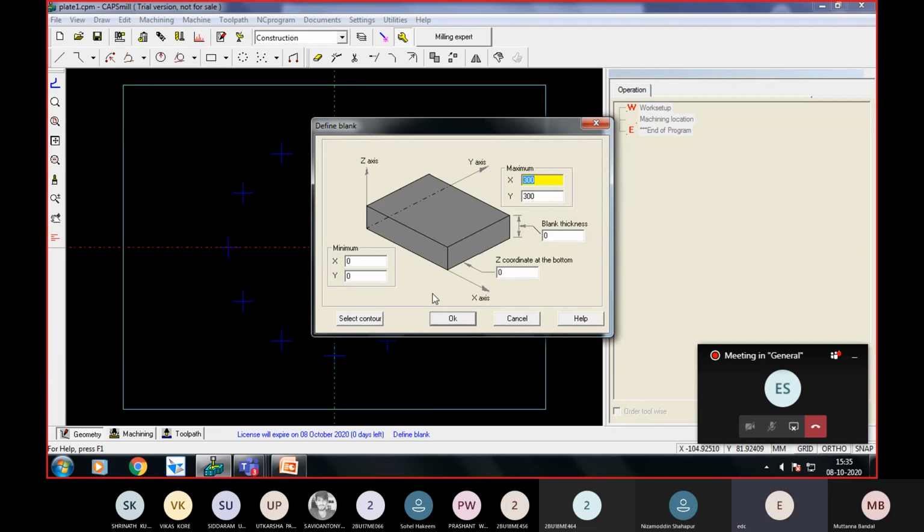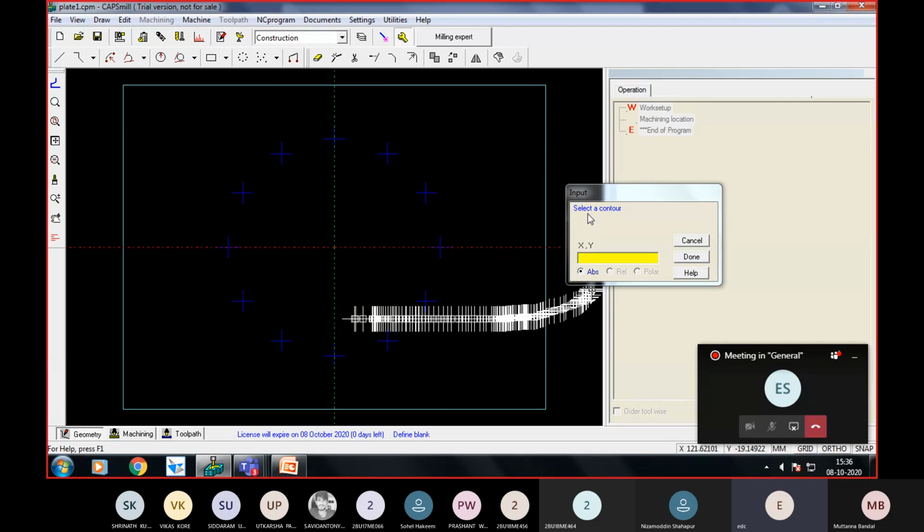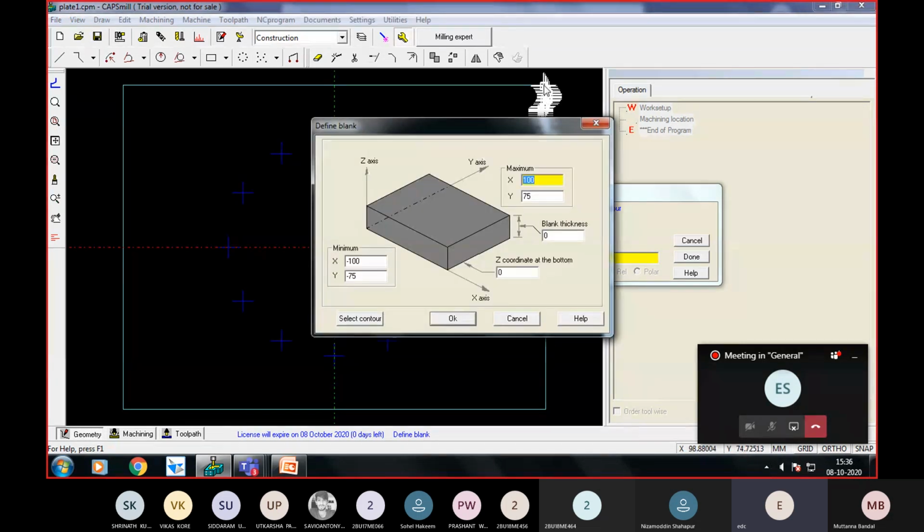Now a new window pops up and I have already created this top view, that is the rectangular section I have drawn. Only the Z is missing here. The depth is missing, and that depth will be given here. To select the contour that I have created, I have to click on this select contour. Click on select contour and then it is asking to select a contour. So click on this cyan color